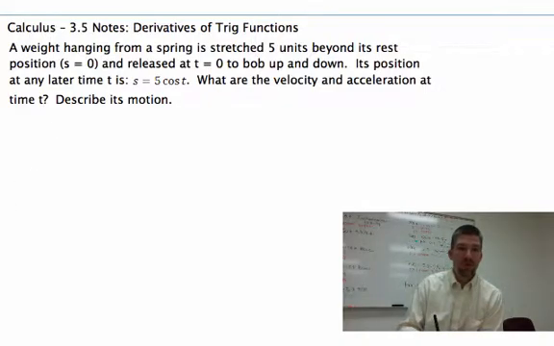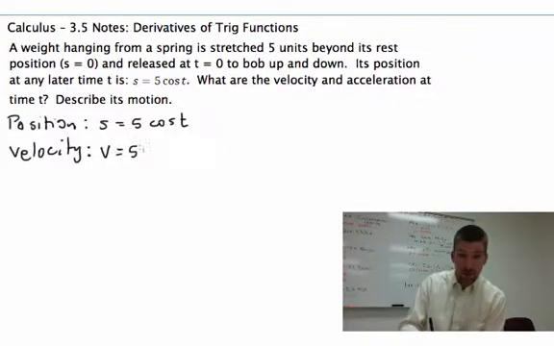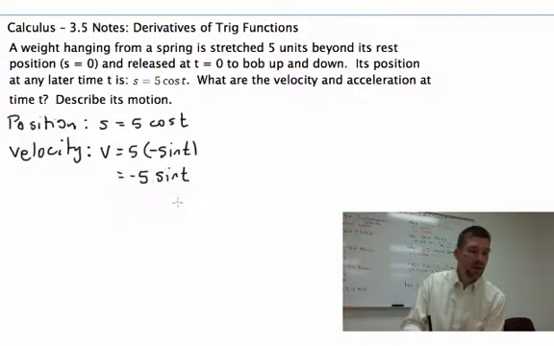So we just take from that s, our position, as s equals 5 cosine t. So velocity is the derivative of position. So velocity then is going to be 5 times the derivative of the cosine, which is negative sine t. So velocity is going to be negative 5 sine t. And then acceleration